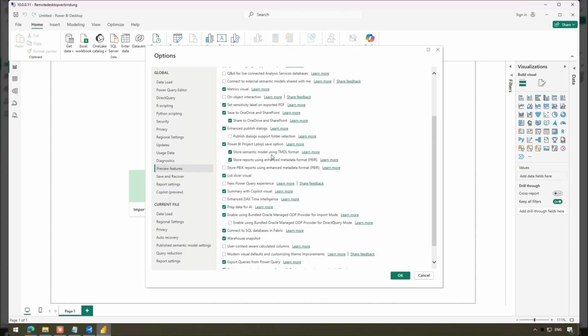This is a textual format that defines the data, and when we save as Power BI project, we have a folder containing readable source code artifacts instead of one big binary data file like in the old days in Power BI. So this is enabled,